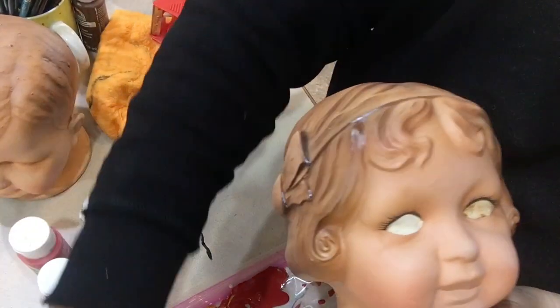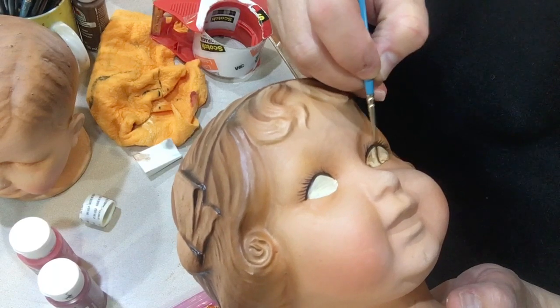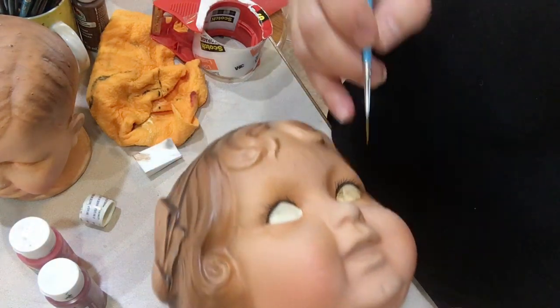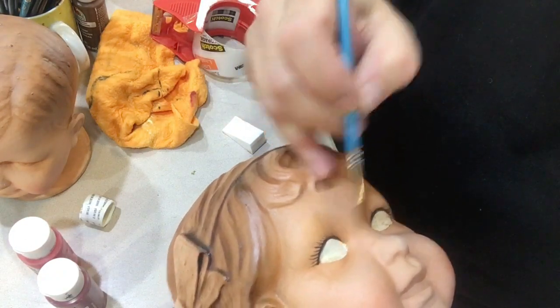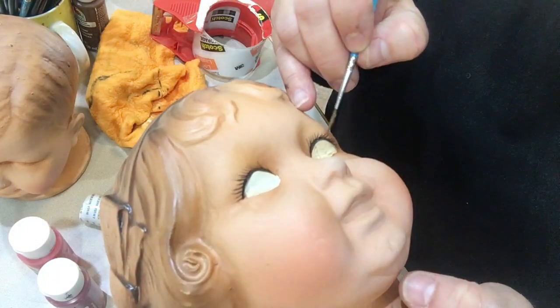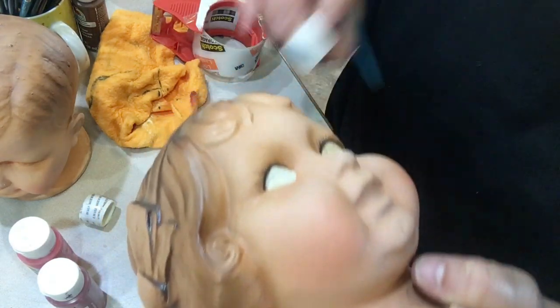So just like the boy, Electra, I am making sure that I'm not going to just have white eyes, because remember how white eyes look hideous? So at least I think they do. So I'm kind of just trying to make this look a little antiqued. I'm also going to take some brown and go into the eyebrows a little bit, or eyelashes,